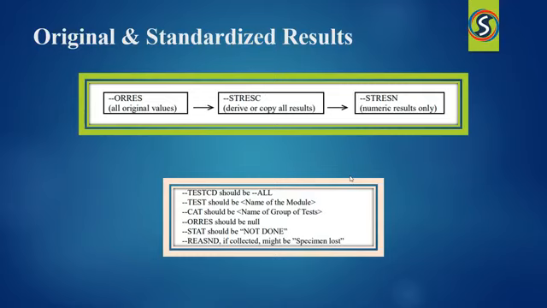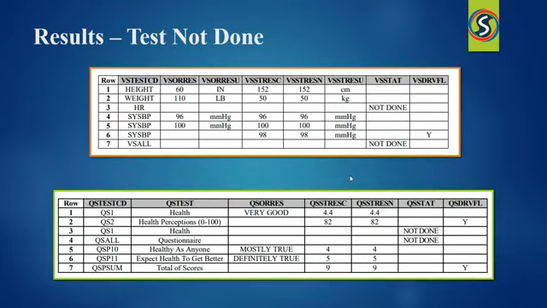Reason for not done, if collected, might be specimen lost. So here we have an example based on this, whereas for laboratory test the test code should be LB and the LB test should be labs data, whereas the category should be urine analysis and the original results should be null, whereas the stat should be not done, and the reason for not done might be subject could not void. So we will also see some more examples based upon original and standard units and test not done.